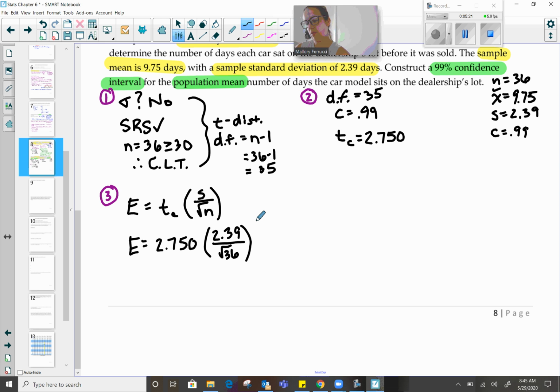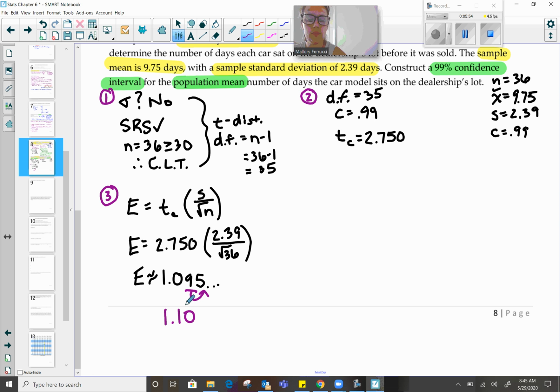Okay, so let's see what that is. So I got E is approximately 1.095. Okay, since these are all rounded to the hundredths place, I'm going to round this one to the hundredths place. So look to the right, rounds up, so I get